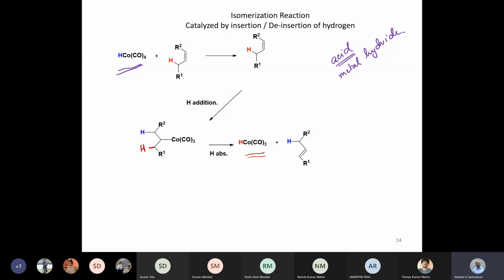So here also people have observed that isomerization of olefins takes place very easily with HCoCO4, and that reaction could be a series of addition elimination, addition beta hydride elimination, and which can lead to the thermodynamically favored terminal olefin complex. So